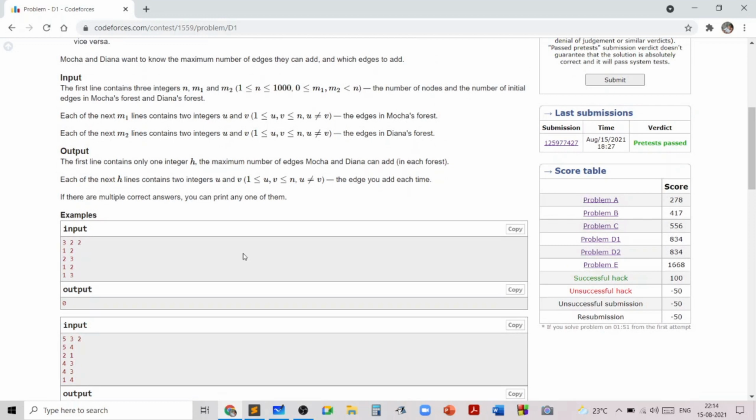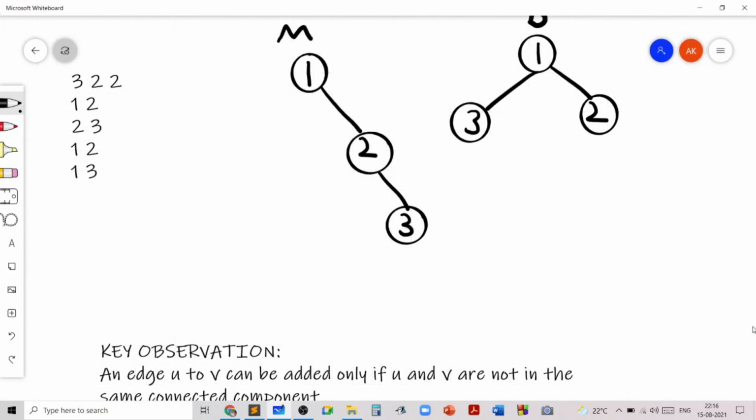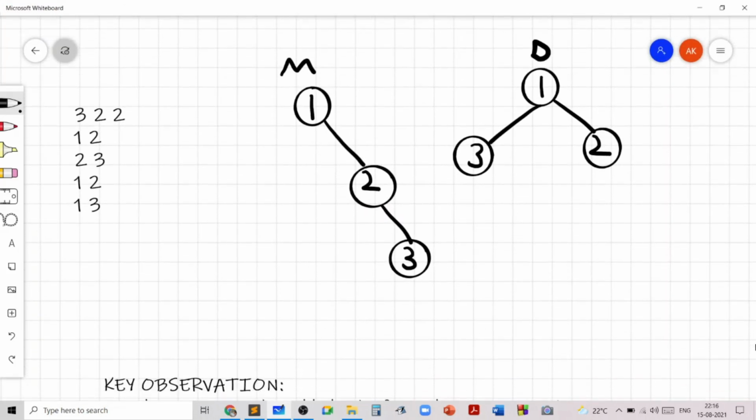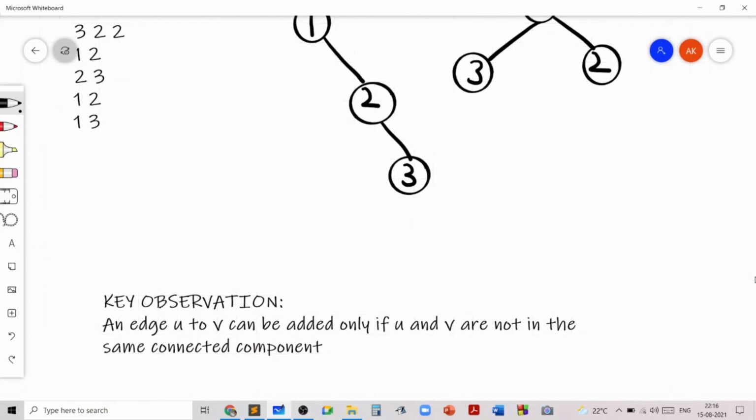And now I'll tell you how I thought about this problem and how I came up with the solution. So the first key observation which came to my mind when I looked at this problem was that an edge u to v can be added only when u and v are not in the same connected component.